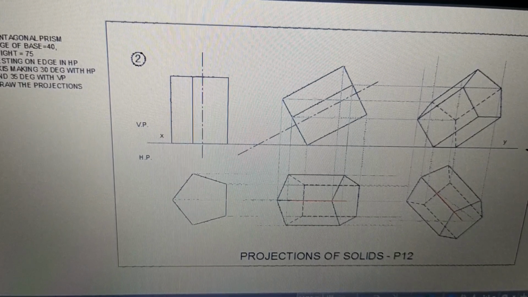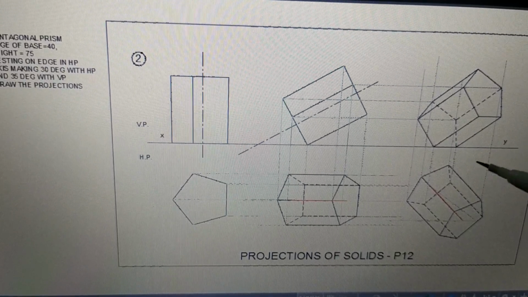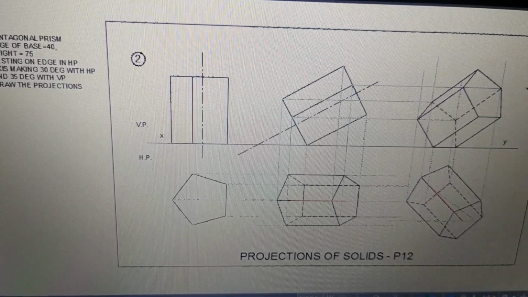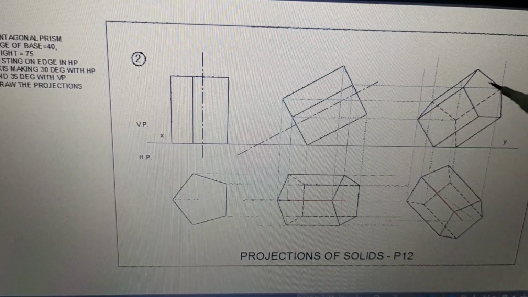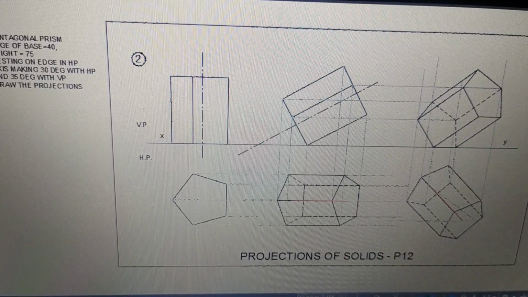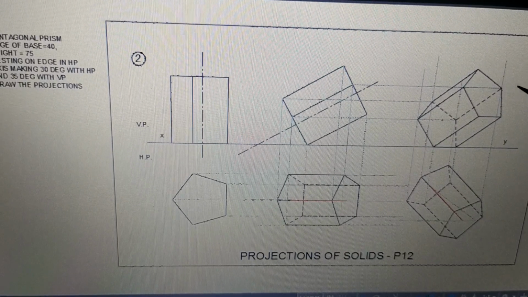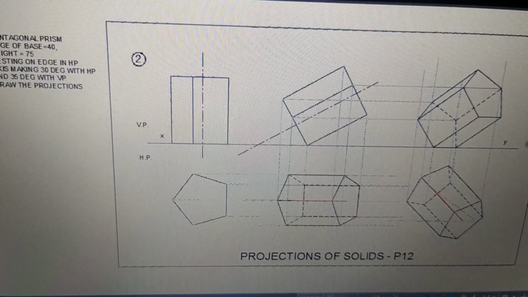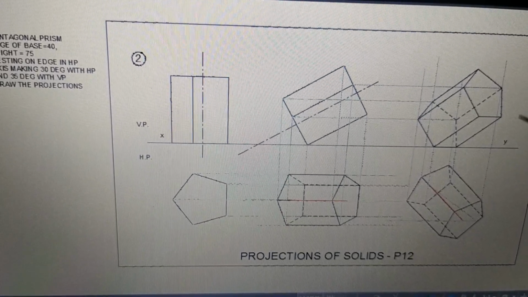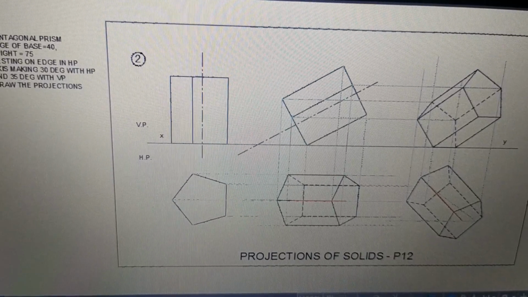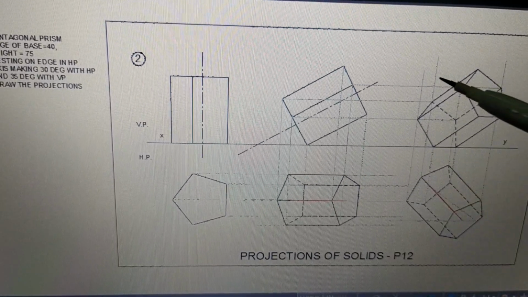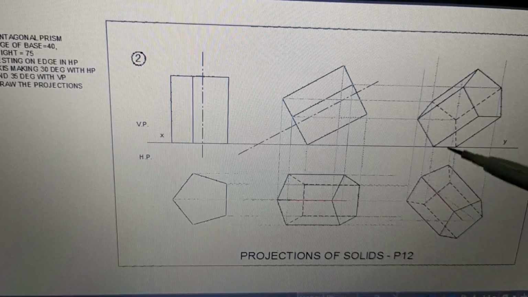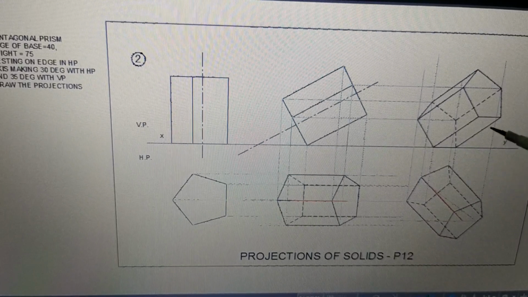all the time. That means you are supposed to visualize this solid. We are not going to draw all these figures just by naming the points and drawing the lines and matching the points, marking the points and joining the lines. No. We are supposed to draw that by doing all these things, plus, which is very important, we are supposed to imagine also, you are supposed to visualize also. The entire purpose of drawing this machine drawing subject, or the entire drawing for that matter, is to improve your imagination.